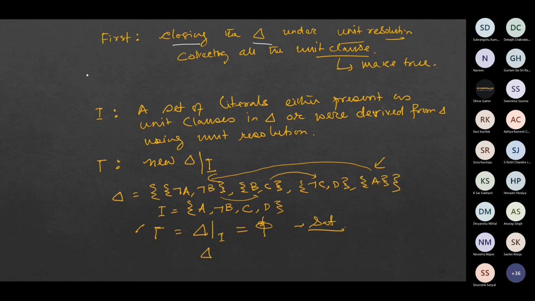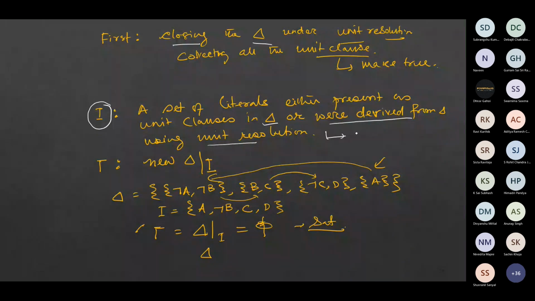As we can collect these unit clauses, that means we have a set I which contains all the unit clauses that are either directly present in the knowledge base or were derived from the knowledge base using unit resolution, right? And if we do that, we have to set, I should not say we can, we have to set all the unit clauses belonging to I to be